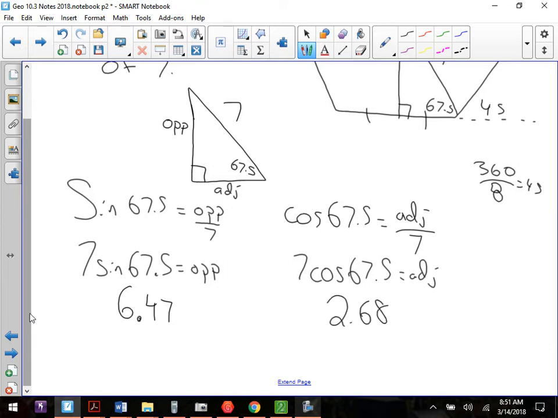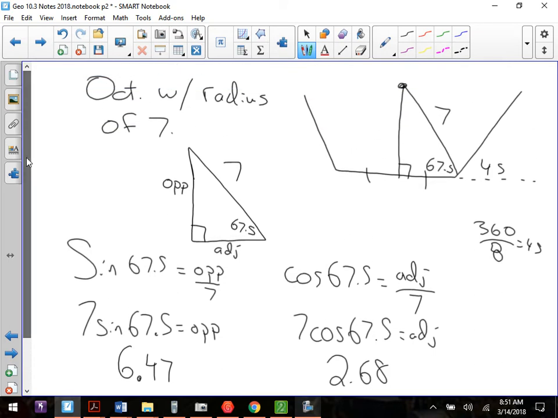So now we have to think about where those values go. We go back to our diagram. That's why this stuff is so visual. That's why it's so important to draw that little 3-sided figure so you can fill in the blanks, so that way you know which one's your apothem, which one is that portion of the side, and so on and so on. So our 6.47 is our opposite, which means it's my apothem. That 2.68 was just this portion here, which means this portion is, and then your side length would have to be